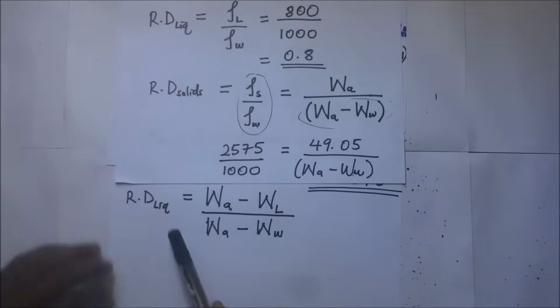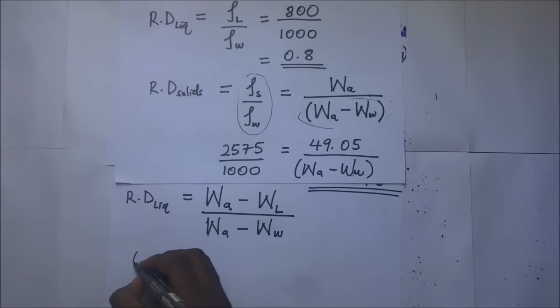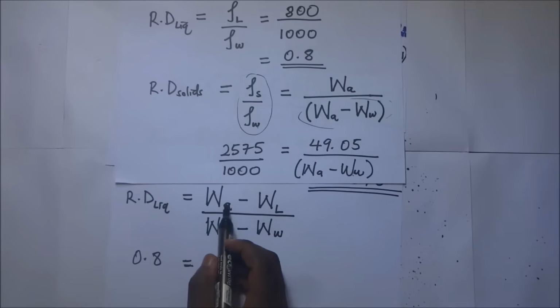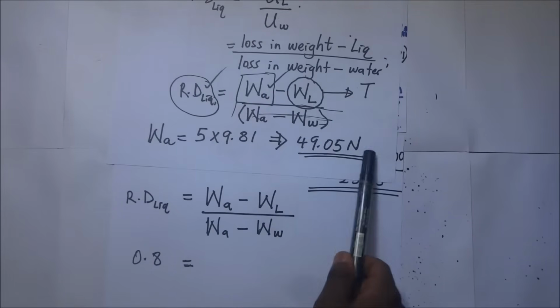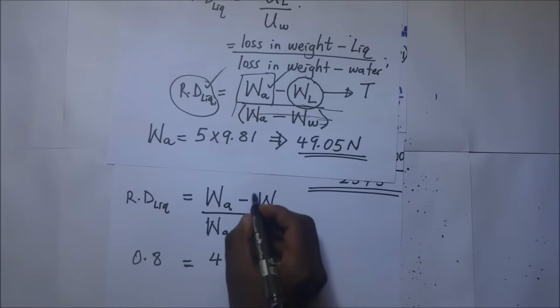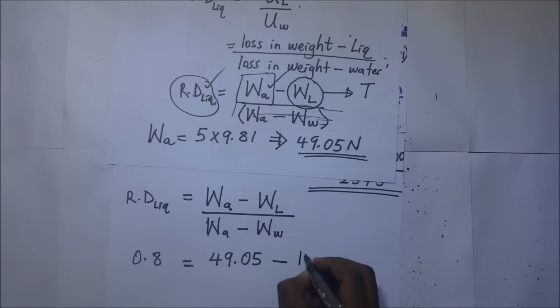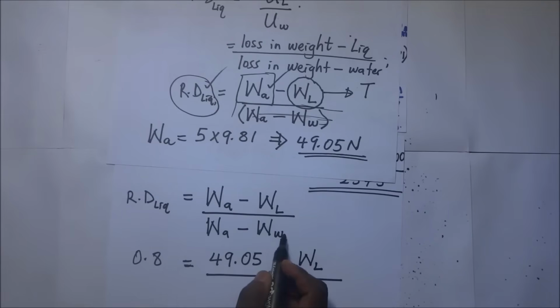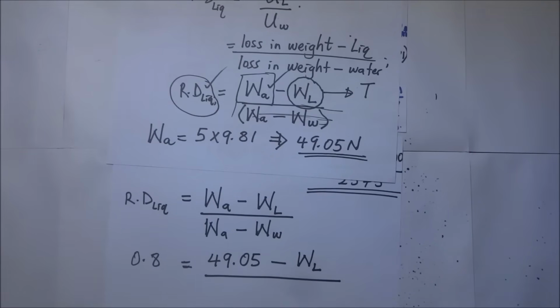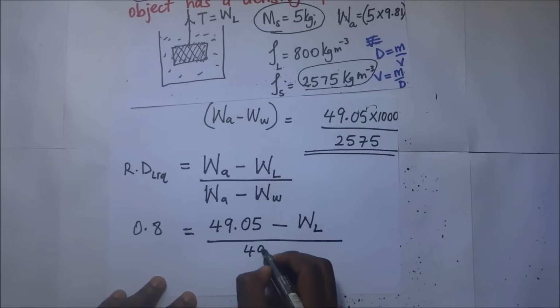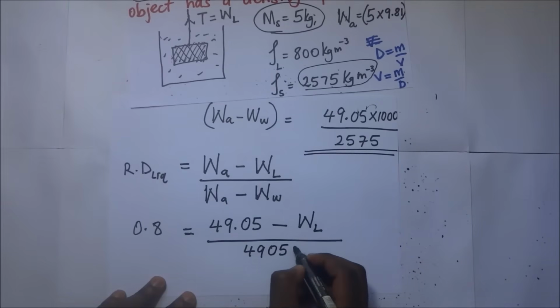So 0.8 is going to be equal to the weight of the solid substance in air, which is 49.05 newtons, minus the weight of the solid substance when it's dipped in the liquid, divided by WA minus WW. We got the expression for that as 49050 over